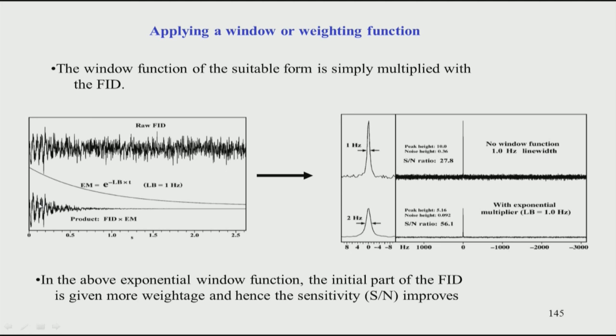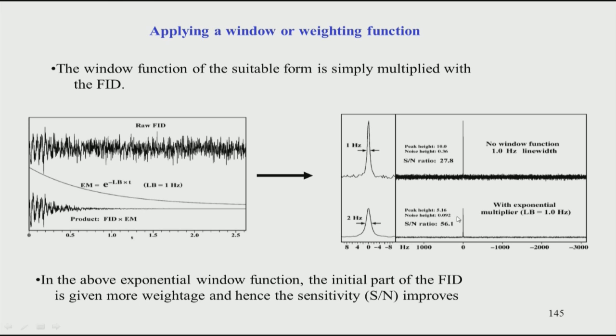But now, when I do an apodization, I smoothen the signal. I apply truncation, this is called a window function, and you basically make the signal go to 0, and when I do a Fourier transform, I will get a peak like this. If you compare these two pictures, this second one looks much better because the noise level has gone down. But what has also happened is that your signal height has gone down.